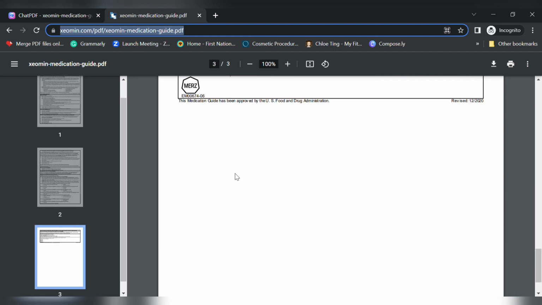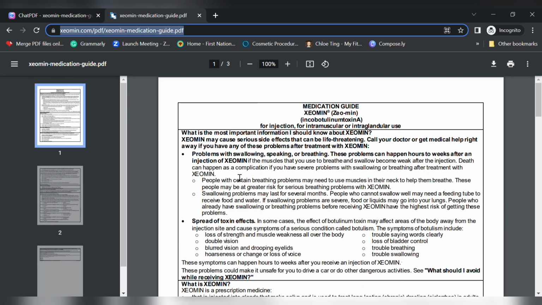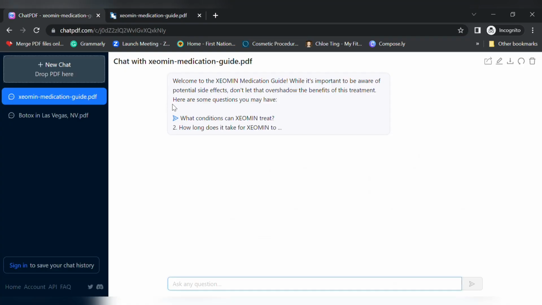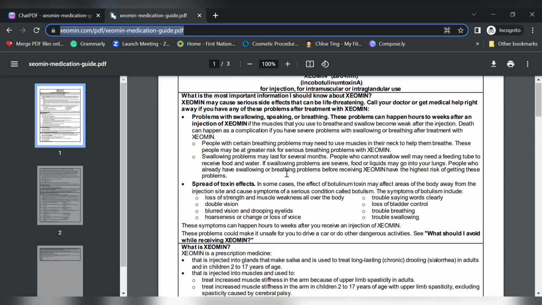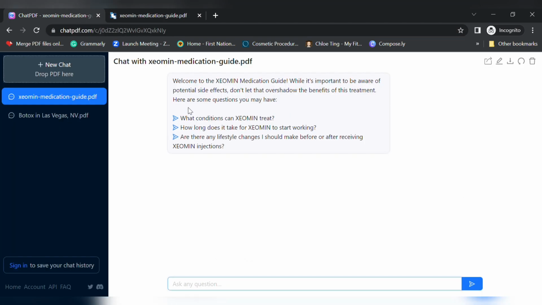So if you see here, this 3-page document, it's got quite a bit of information. ChatPDF has actually summed it up in a few short sentences. So these few short sentences basically sum up what this entire document is about. So this document basically is also around about 1,000 words, and it is now being summed up in just a